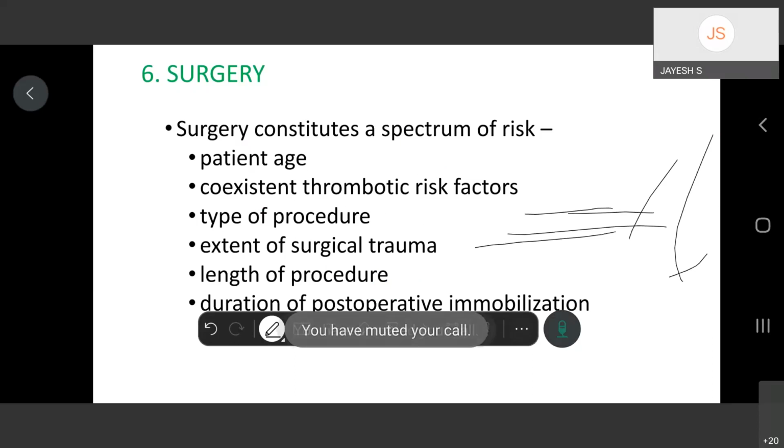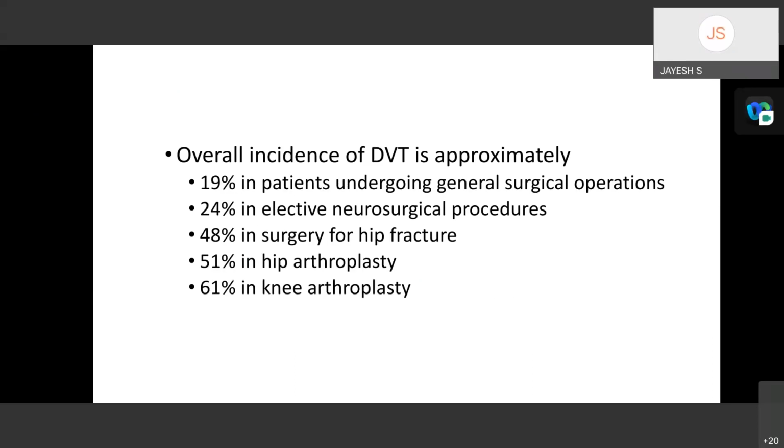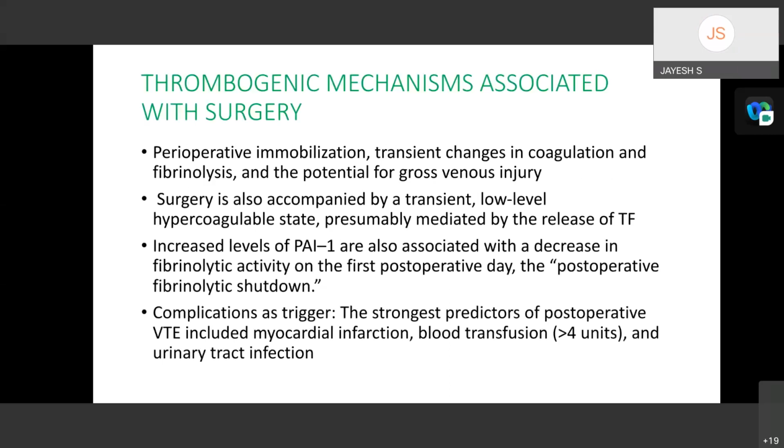Approximately 19% in patients undergoing general surgical operation, 24% in elective neurosurgical procedures, 48% in surgery for hip fracture, 51% in hip arthroplasty, and the highest is for knee arthroplasty, which is 61%. The thrombogenic mechanisms associated with surgery include perioperative immobilization, transient changes in coagulation and fibrinolysis, and potential for gross